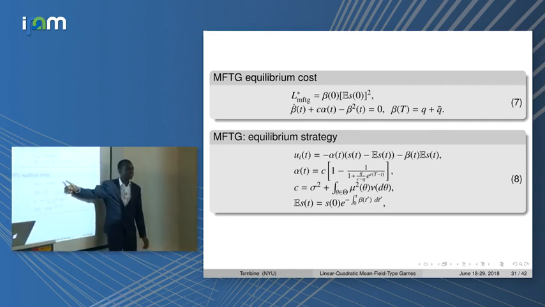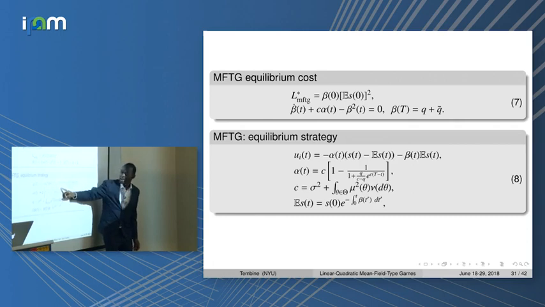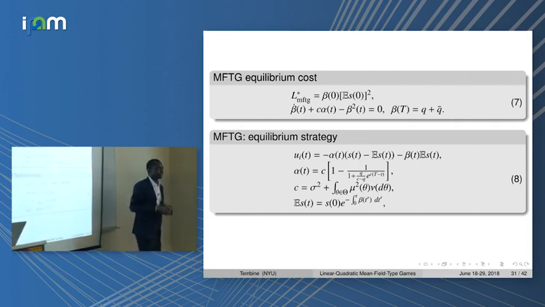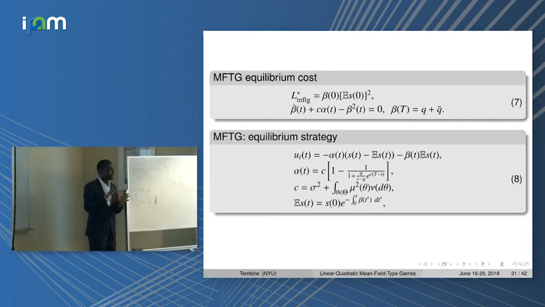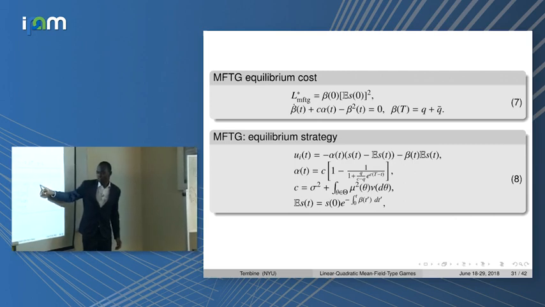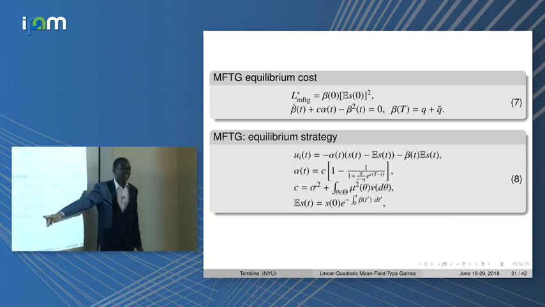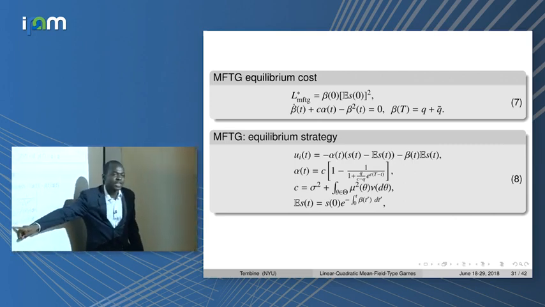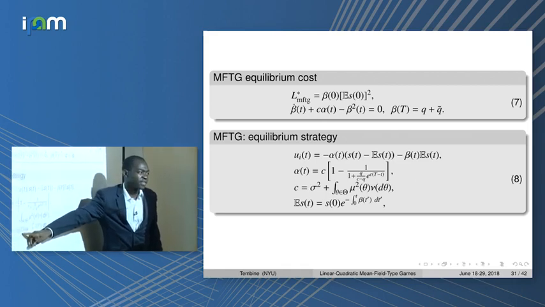Because you couldn't freeze, you now need to track it. You keep tracking it. Your optimal control depends on your state and the mean value of the state. It's still state feedback, but now it's augmented with the mean value that you need to track. Well, you might be able to solve this explicitly because it's given here. So then you just need the initial state and keep tracking with the initial state.